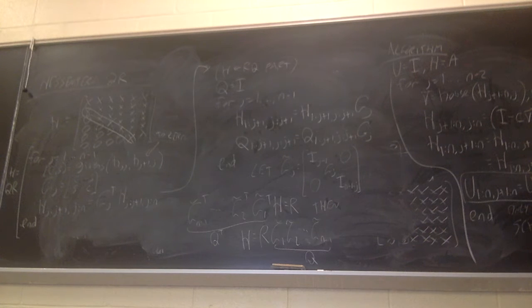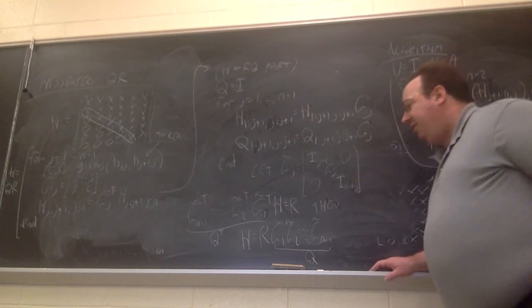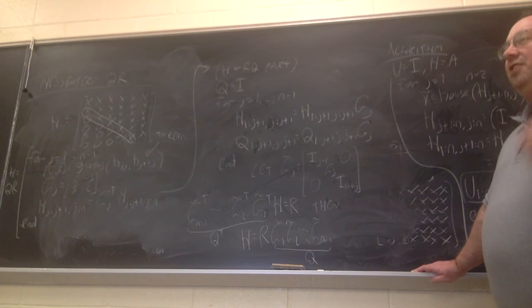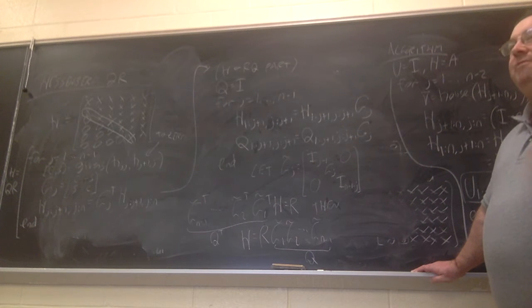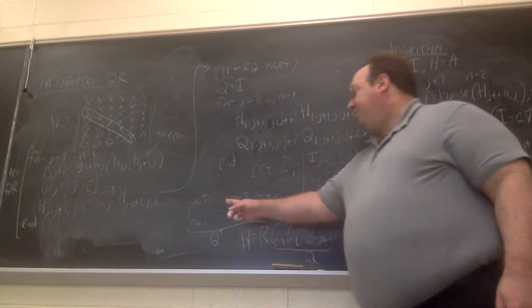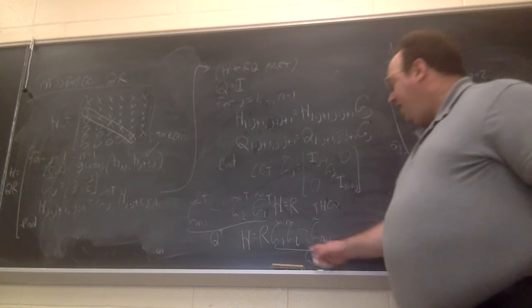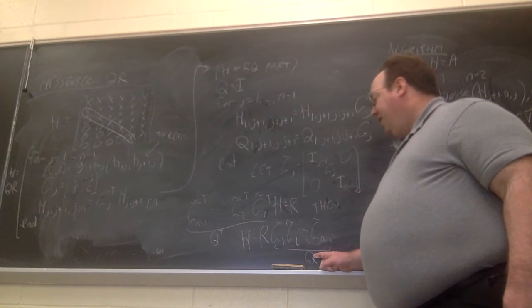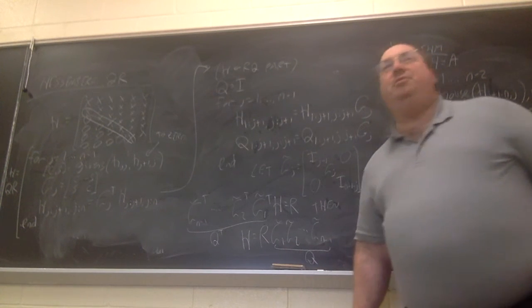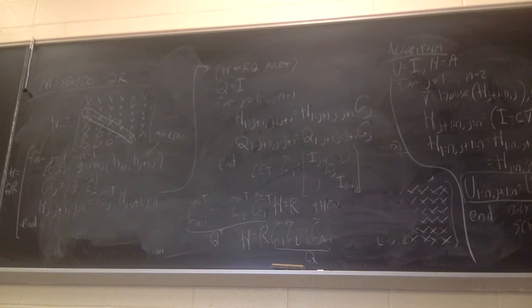Now, what's very important here is that the only reason this is done efficiently is because I never actually multiply by Q in full. I multiply by Q in stages, these individual Givens rotations. Because if I formed Q in its entirety and then multiplied R times Q, that's an order n cubed operation.